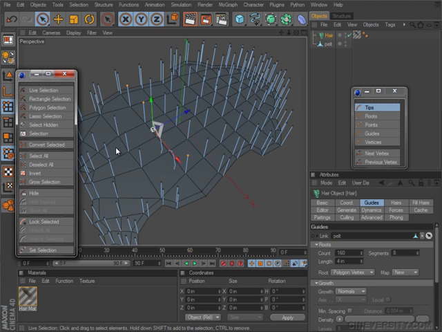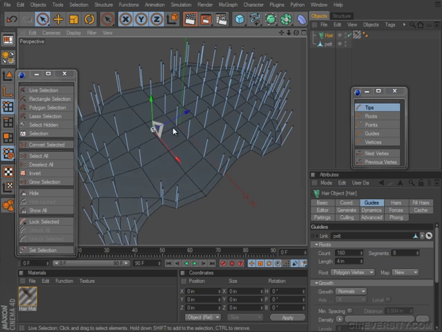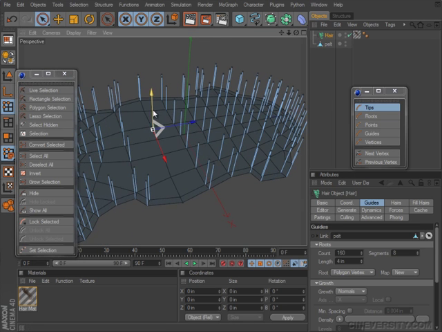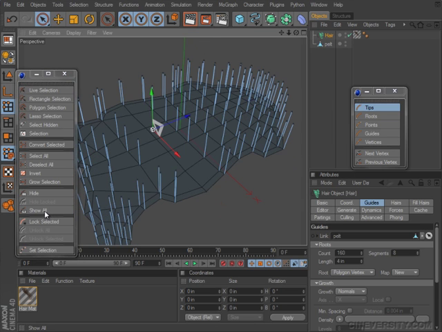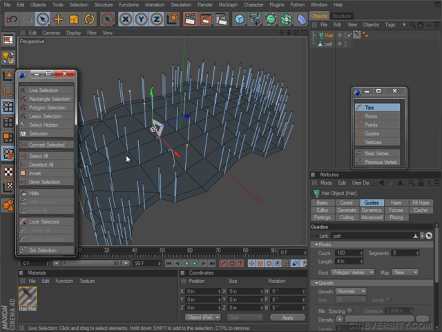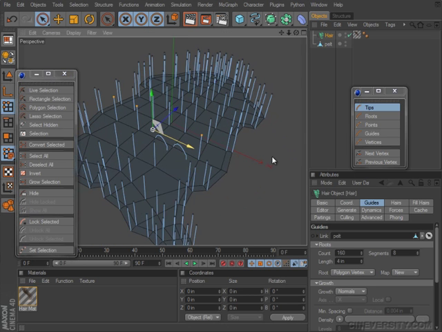So this isn't actually going to delete the guides, it's just going to take them out of the equation when you're trying to get things styled. So with some guides selected, I can click on Hide, and this is going to hide those guides from the viewport. The other option is Show All. So if I click on this, it's going to bring any of my hidden guides back so that I can